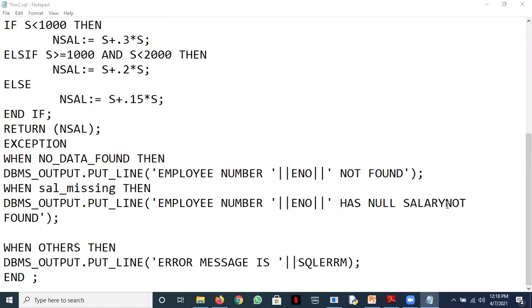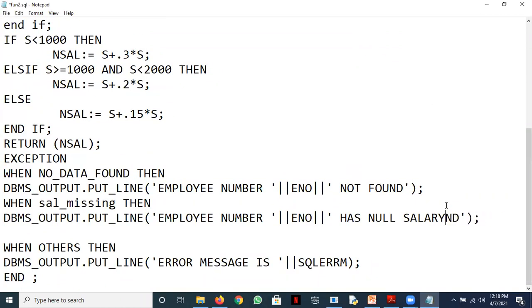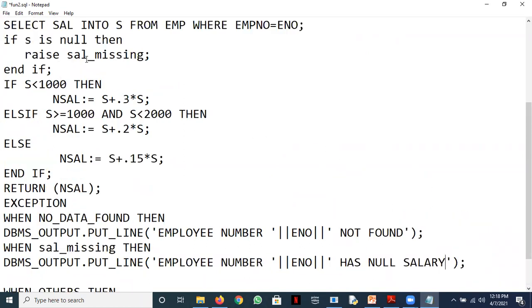See this. Okay, now when a problem occurs here, the salary is null, this would simply raise this exception. It will jump here, will match with this, and will print employee number this as null salary. Let's run it.